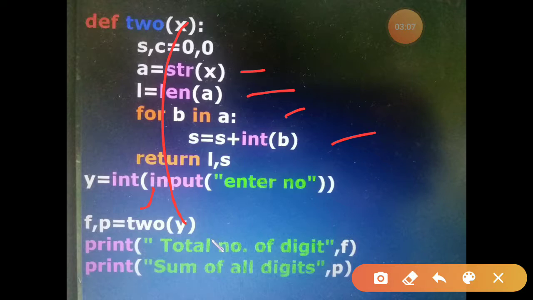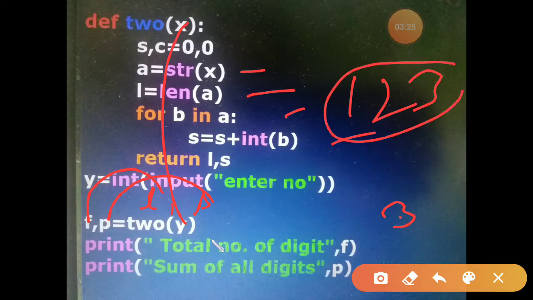So it will receive two values, that is l and s. Now the l will be transferred into f and s will be transferred into p. So when you print this for this input, the total number of digits is 3. As the length, if you find, length is how many total characters in this one? 3. And the digit sum will be 6.